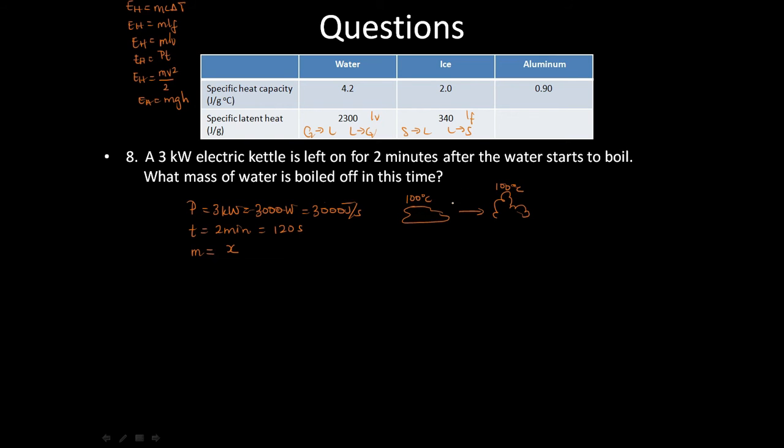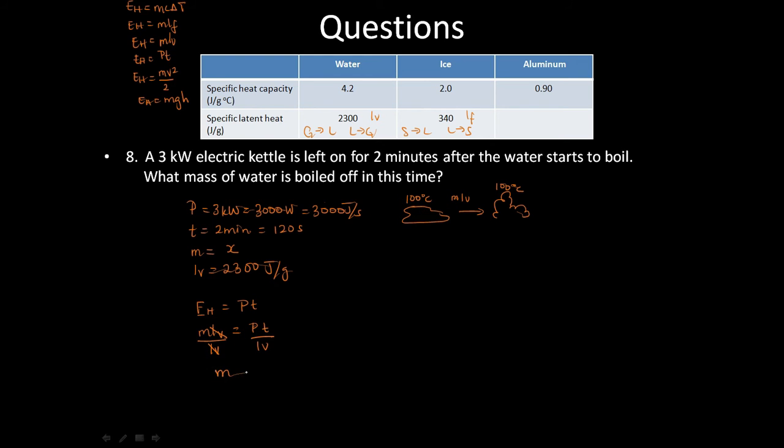So there's no temperature change, and if we're going from liquid to a gas, then you're dealing with latent heat of vaporization. So in this case, we have LV, which is equal to 2,300 joules per gram. Okay, so we're looking for mass. So in this case, we say EH is equal to PT, where the EH represents MLV, and then we have PT. So if we solve it for mass, we should divide both sides by LV,